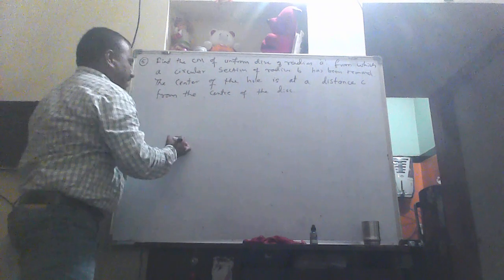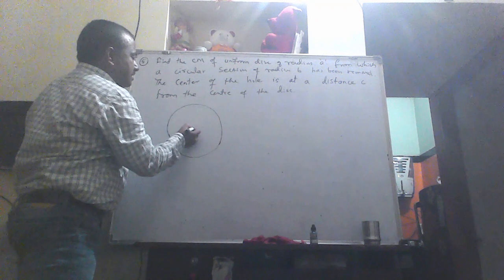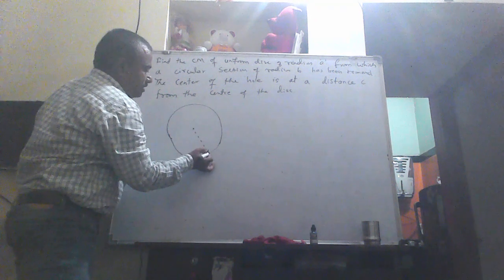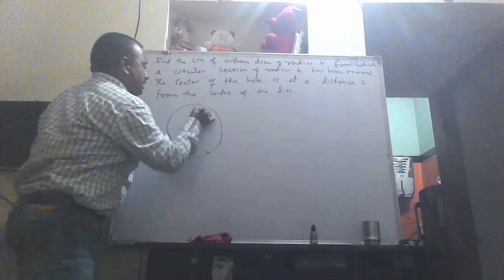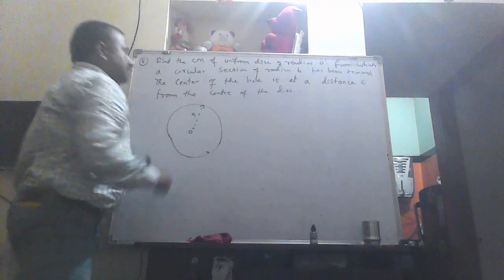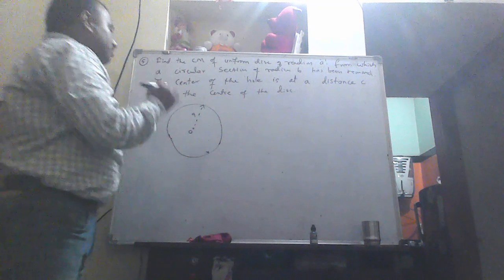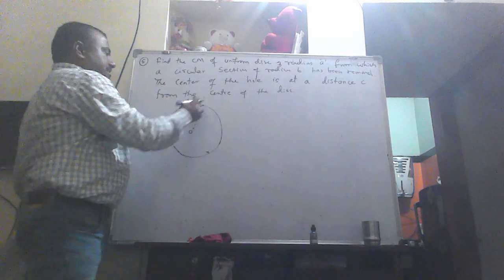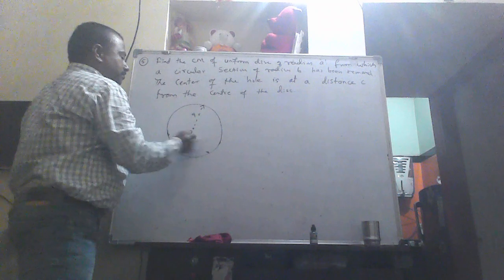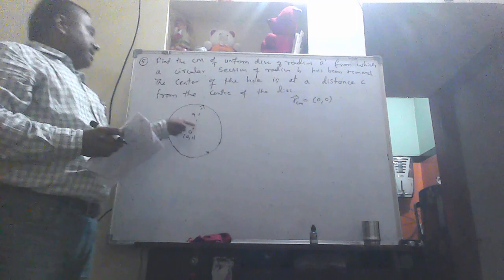So there is a uniform disk here, right? Circular shape, uniform disk. So the radius is there. What is the radius? It's a. From which a circular section of radius b has been removed. See, this is the one part. You take this as the one part, right? Of course, its center of mass is 0, 0. You can take our center of mass as 0, 0, because in this uniform disk, the geometric center acts as the center of mass.